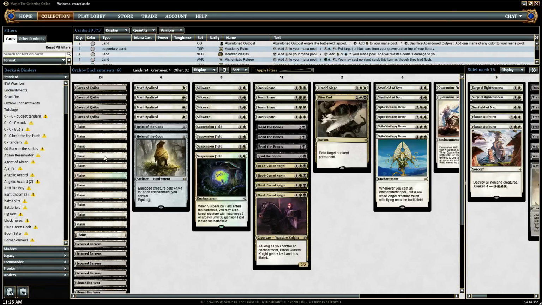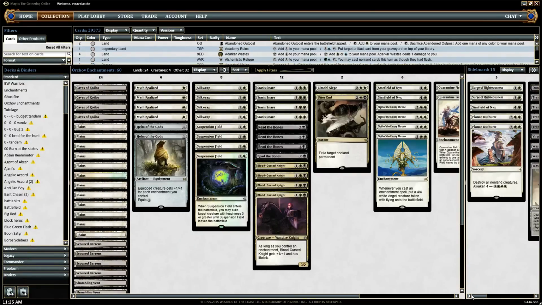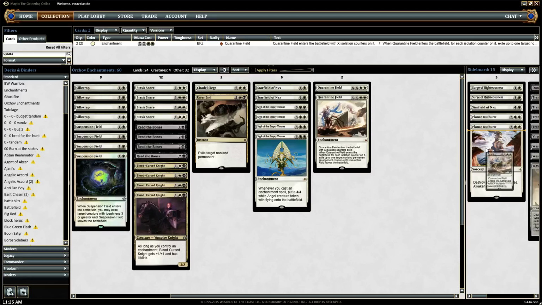So Dromoka's Command's kind of weird, but Myth Realized plays the role of... Comes out early and you can sack it if you need to, over sacking something that has a guy underneath. And then the Wasteland Stranglers are really good. Another card I'm definitely thinking about putting in is a Quarantine Field over, like, a Suspension Field main board, or even over an Utter End. I just think the Quarantine Field is better than Utter End because it triggers off more things